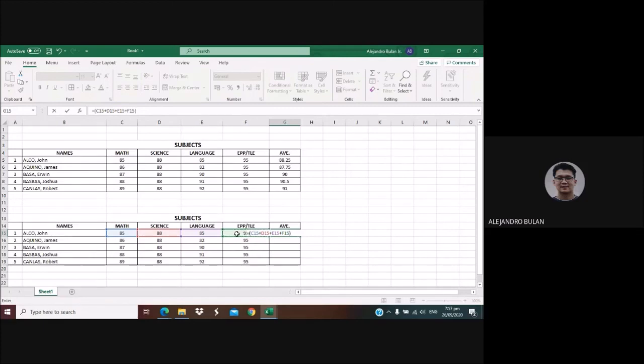And then, slash para sa division. I-divide natin siya by 4. 1, 2, 3, 4. 4 and enter. Ayan. So, 88.25. Para hindi na tayo pa ulit-ulit na mag-compute sa lahat, ilagay mo lang ito sa gilid ng cells. Pag nag-plus positive siya or nag-cross,